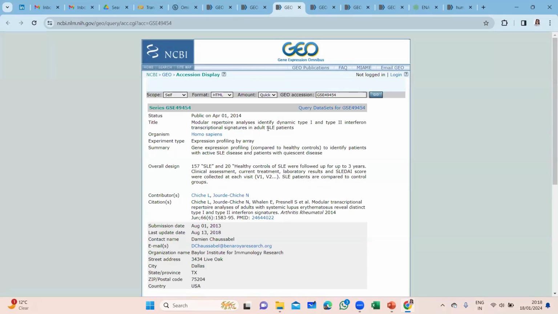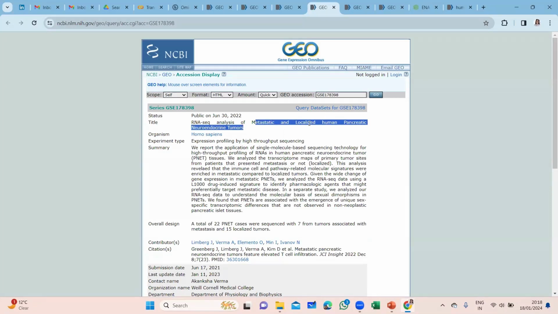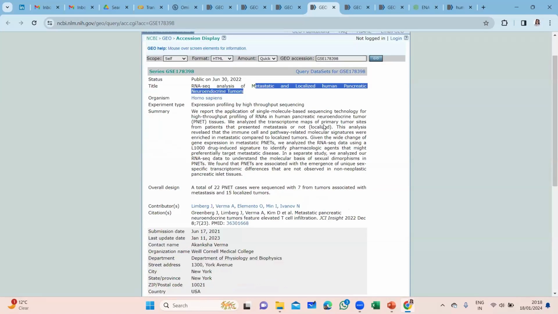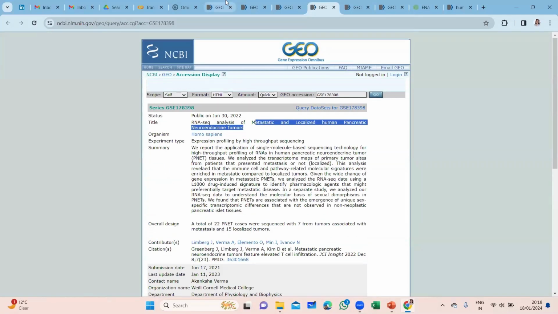Another data set that we can work on together is on SLE, an autoimmune disorder. Then you have another data set on metastatic and localized human pancreatic neuroendocrine tumors. This is one of those data sets for which we have the research questions ready already. For the data sets that I'm showing you right now, we have the research questions framed, obviously different from what was addressed by the researchers in this paper, but we can definitely leverage these data sets as a lot more insights could be taken out from the data sets that are there on the public